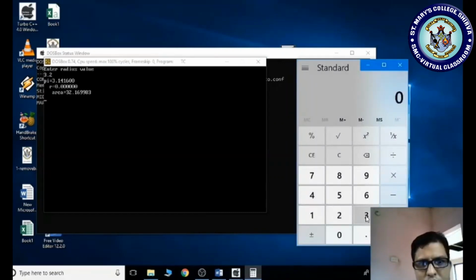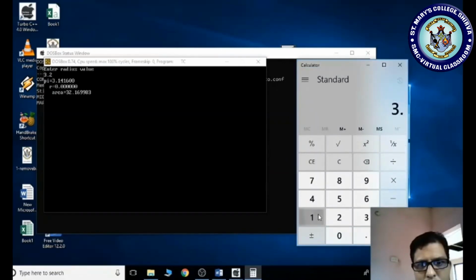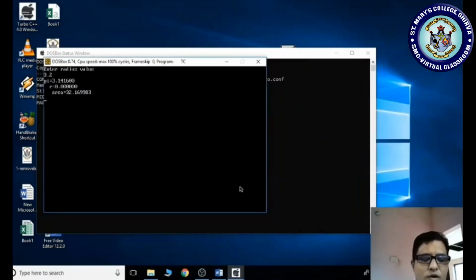We have to check 3.1416 into 3.2 into 3.2 equal to 32.169984. But area is showing correct. If I want to maximize, press the Alt key, press enter. But radius is giving wrong.